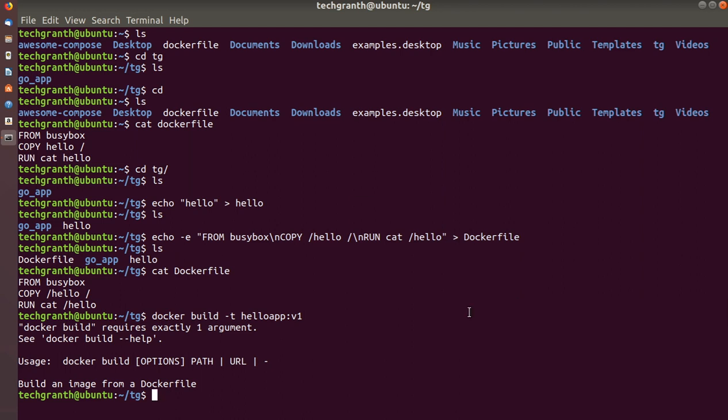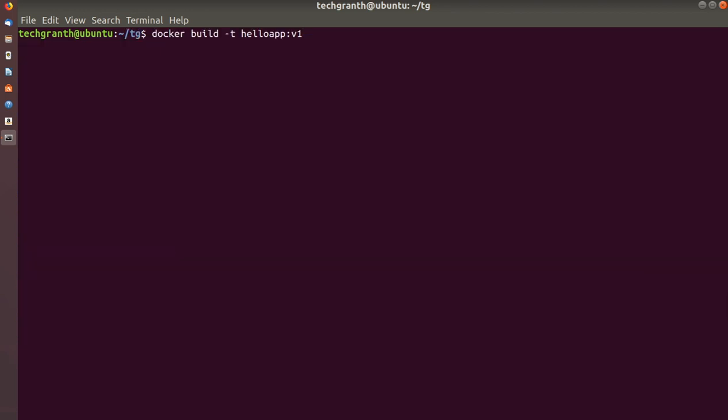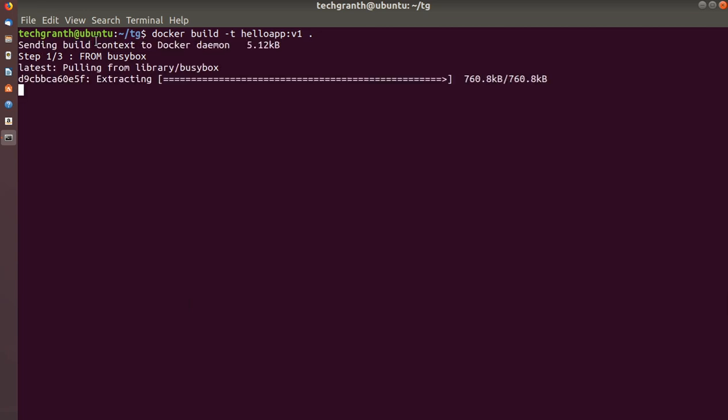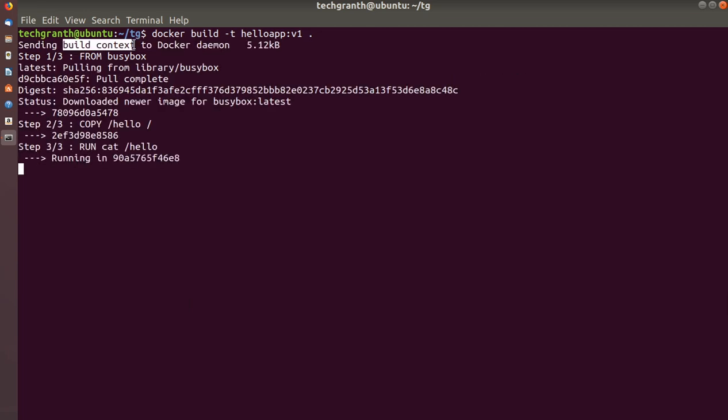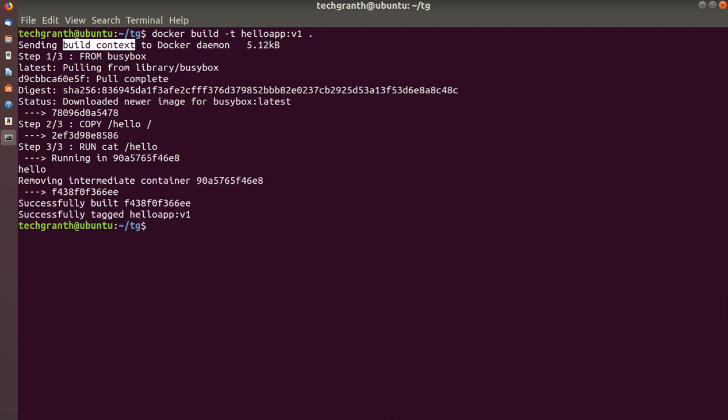Let me clear my screen, we forgot to provide the dot, which is the current working directory. Press enter, and you can see here, just focus on this line. It says sending build context to Docker daemon, which is 5.12 KB only. That is the build context we will be using.